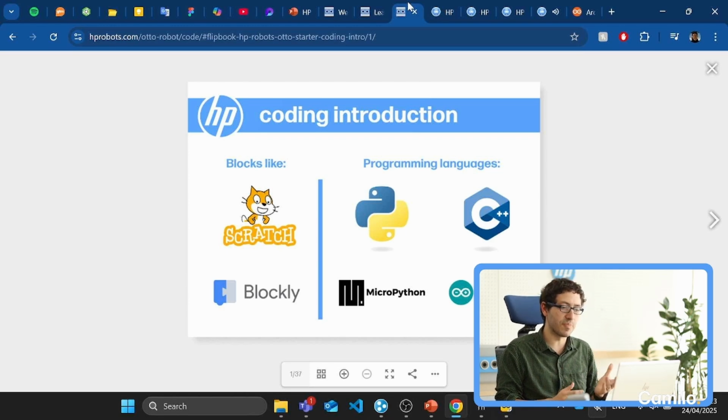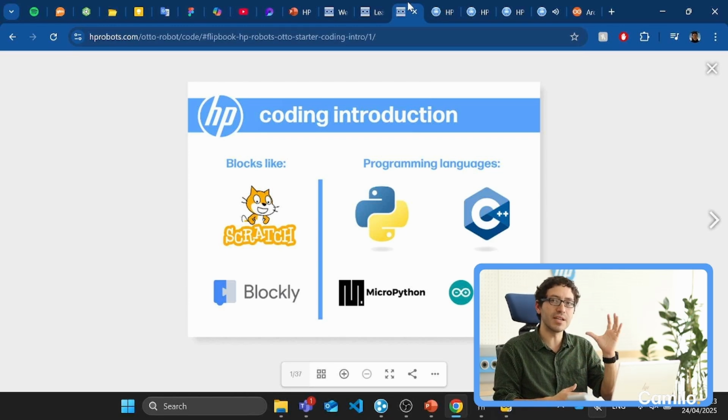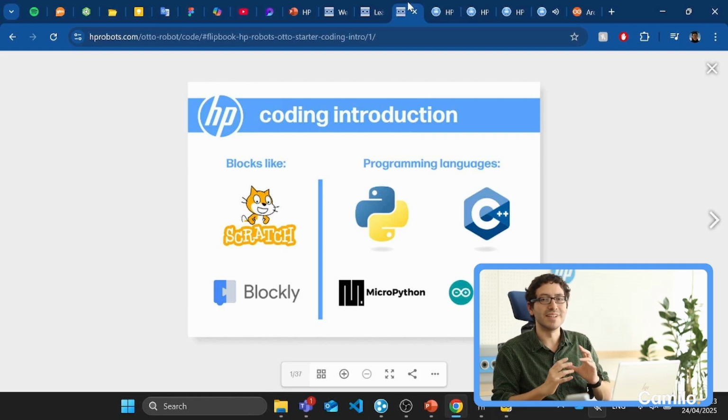So we have MicroPython. MicroPython is like Python, but small. It's like a minimal version of Python for microcontrollers. That's where the micro word comes from. The microcontroller is basically the brain of the robot, right? It's like when you have a CPU in a computer, that's a different type of processor, but the one that the robot uses is a microcontroller, and we can program it with the MicroPython language, which is based on Python,